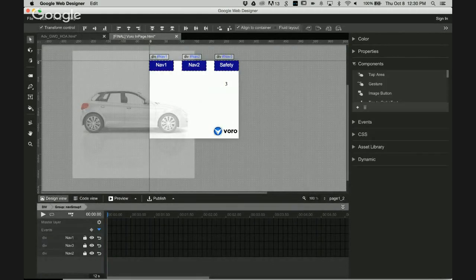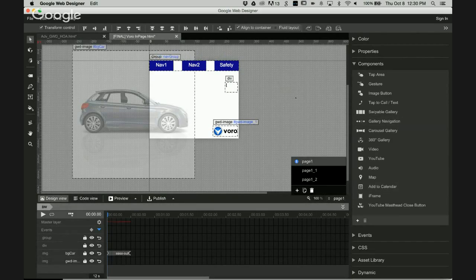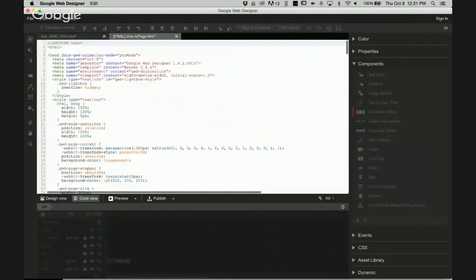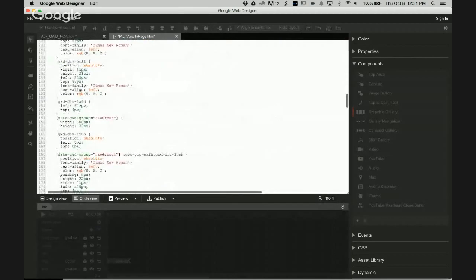in addition, what happens when we drag these components out? Same thing. If I'm on page 1 and I want to add a gallery, these are all custom components that are similar to the ones that are built onto the page. If I drag one of these out, then what happened? It just created an instance of this component definition in CodeView. It grabbed some new styles, it grabbed some new JavaScript that defines the component, and